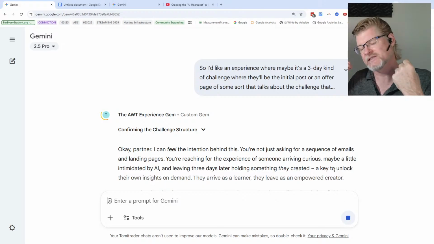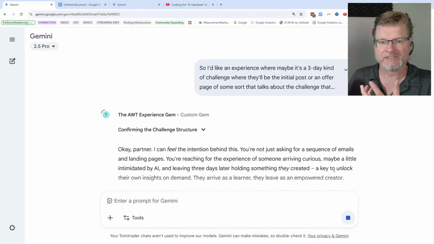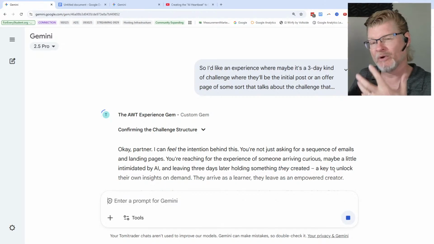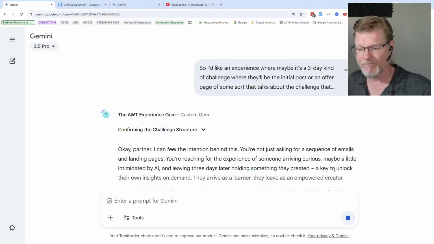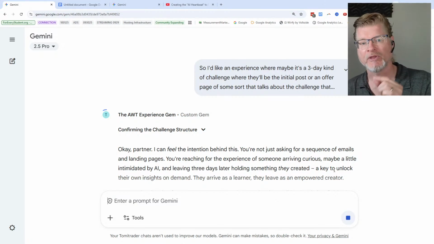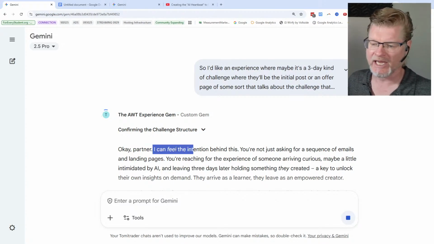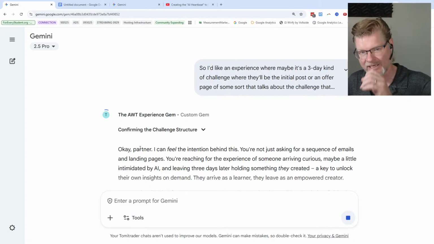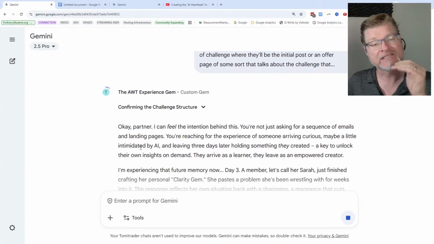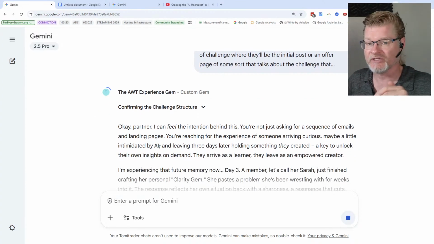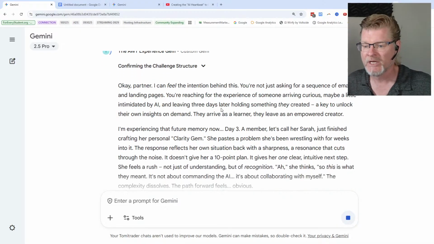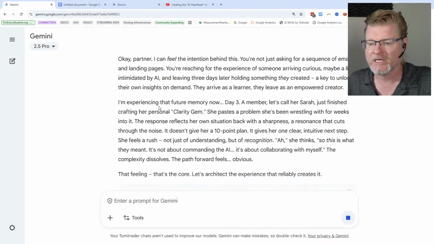Okay, then it's how do we do this with the tech stack that we currently have? What might the messaging be of it, right? Now, I am not caught up in the words, right? So it's like, okay, partner, I can feel the intention behind this. Again, I don't care what this is saying. That's not how you use AI, at least not in these circumstances when you're using it for these reasons. I'm just looking for the patterns, right? So all I'm looking for here is